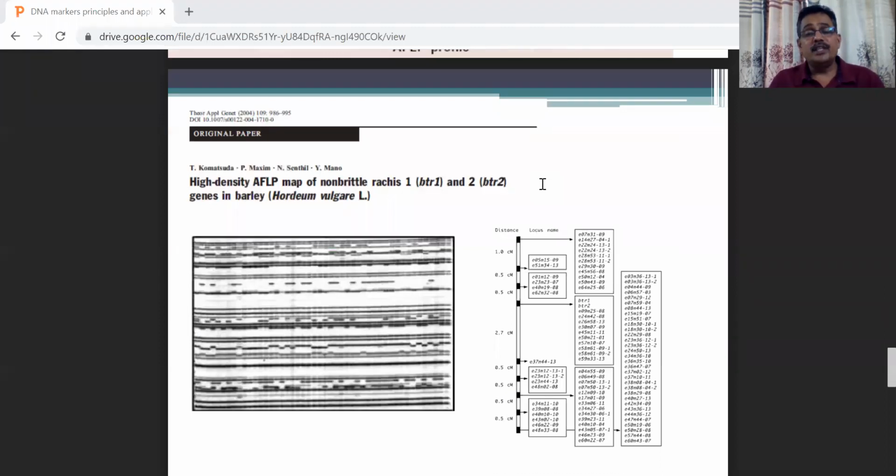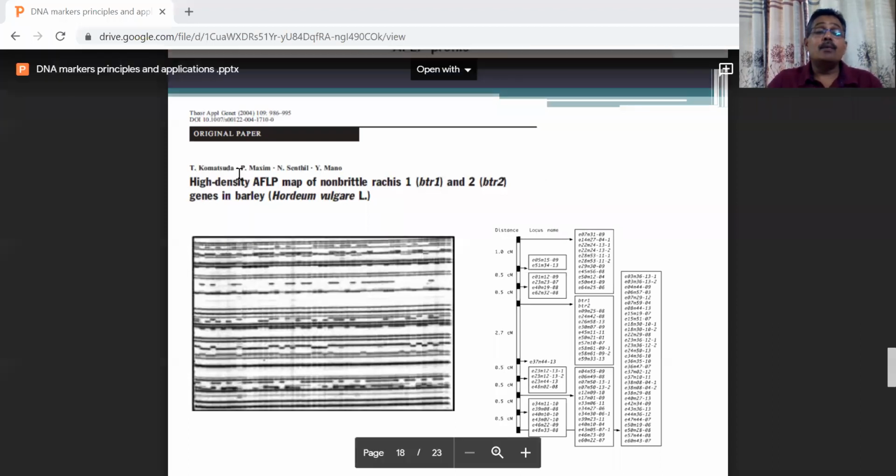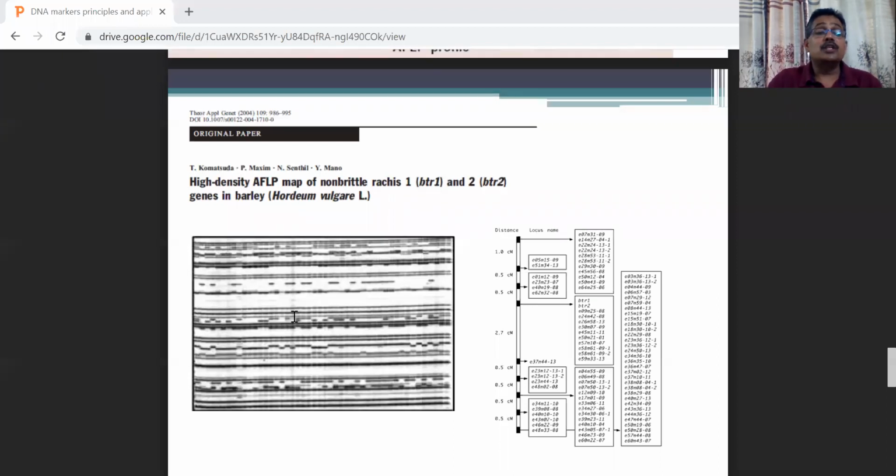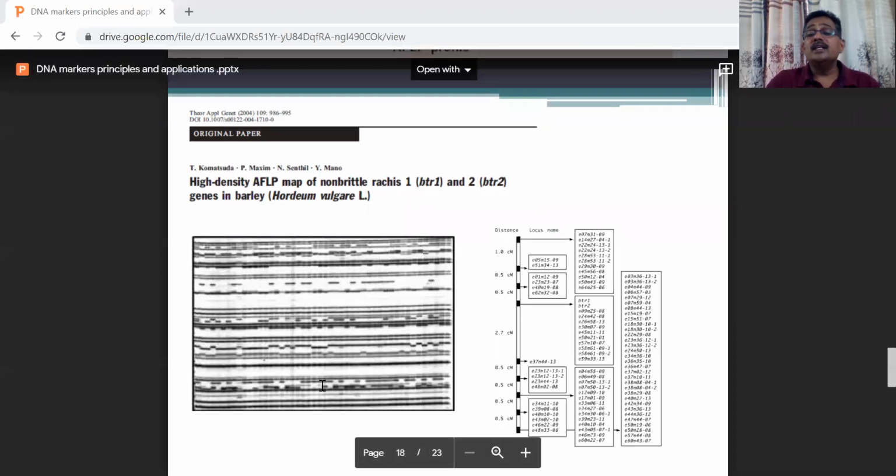That we call a sequencing gel. In those days, people used the big gel apparatus that was used for sequencing purposes, manual gel-based sequencing assays. Those gel plates are nowadays not available in many labs. These plates can accommodate big fragments from 50 base pair to 5 kb, both larger and smaller size fragments. Also, when you use AFLP markers, the number of polymorphic loci you get is very high.